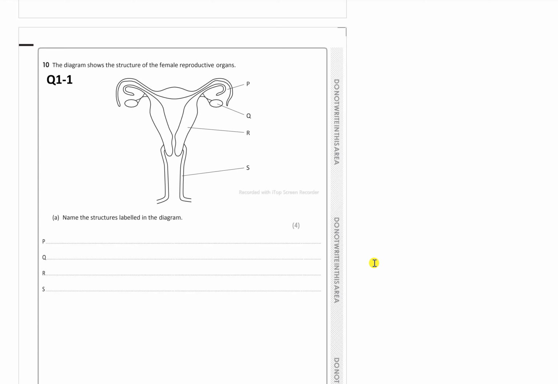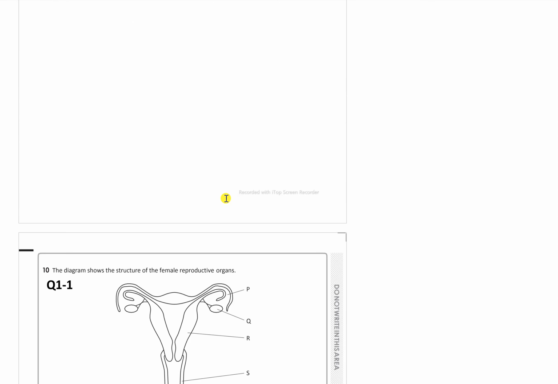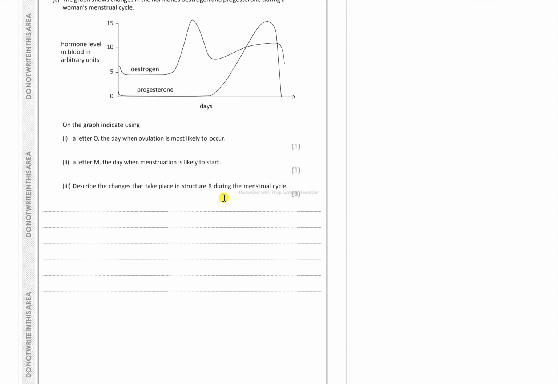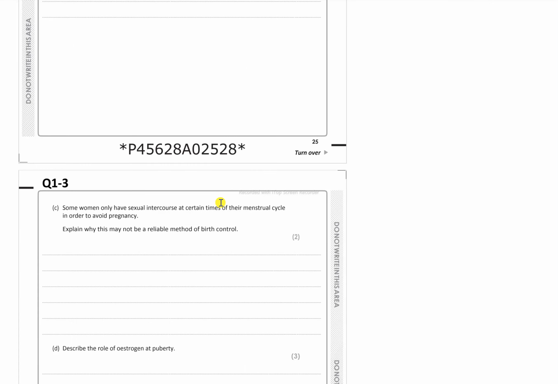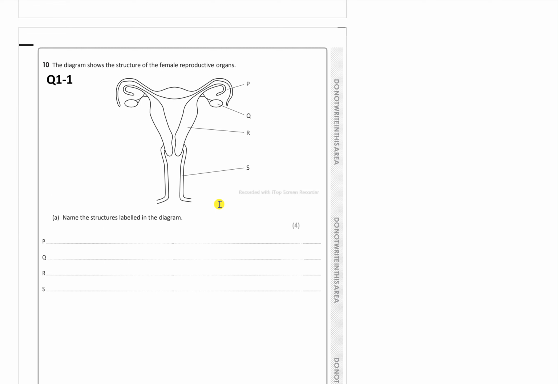Right, so here we're looking at mitosis. Mitosis-ish. Why is it called mitosis? Anyway, right. So what we've got here is